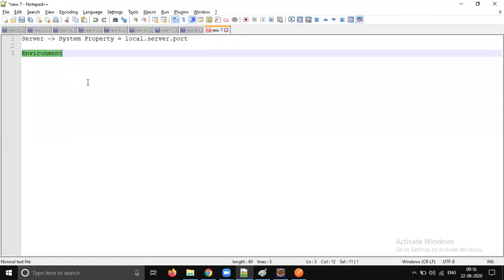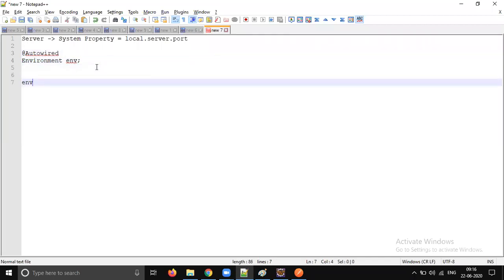Spring will create one Environment object anyway, so you can directly autowire it. Wherever you would like to read any system property, you can call environment.getProperty, and the property key we need to pass is local.server.port, which returns an integer, and you come to know on what port that server is running.